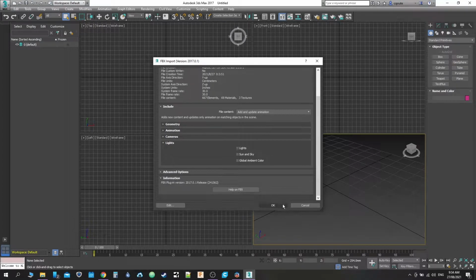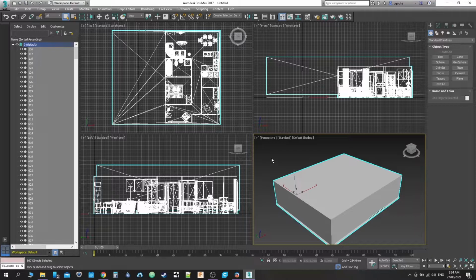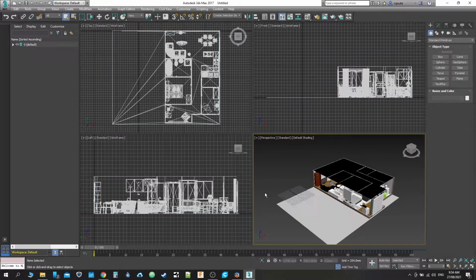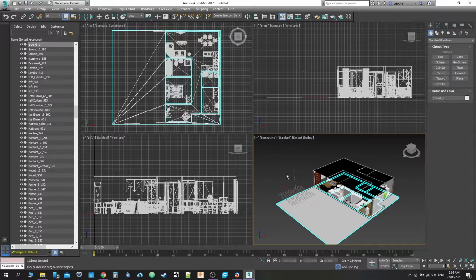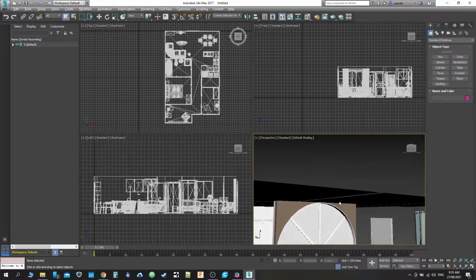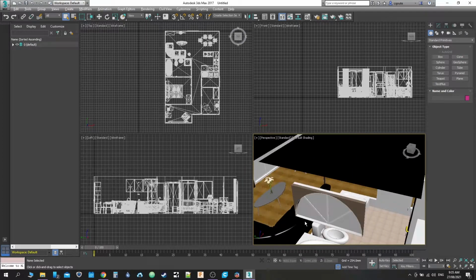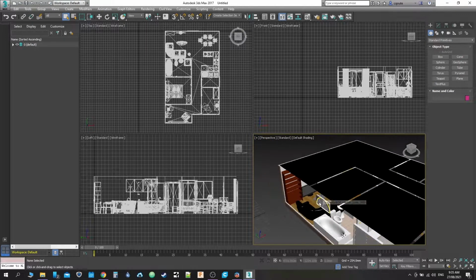And click OK, and hopefully we'll get rid of this box because it's not needed, and we'll get rid of this floor of the box. I'm not actually sure what that is, but anyway, we'll get rid of those two boxes, and you've got your object now in with the textures, and now we can start fine-tuning everything and adding